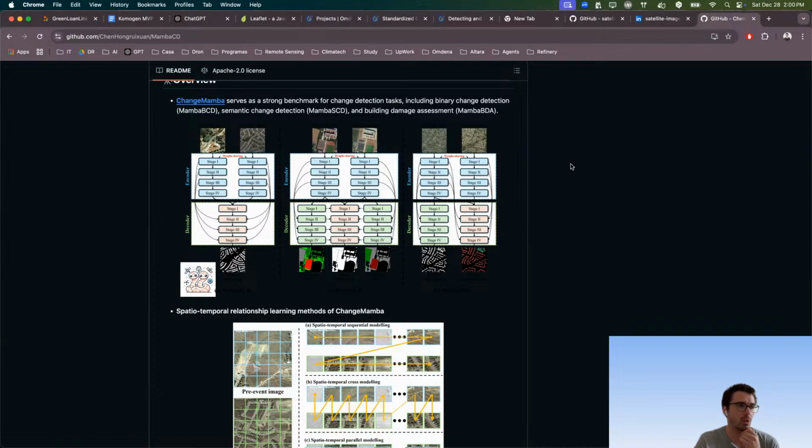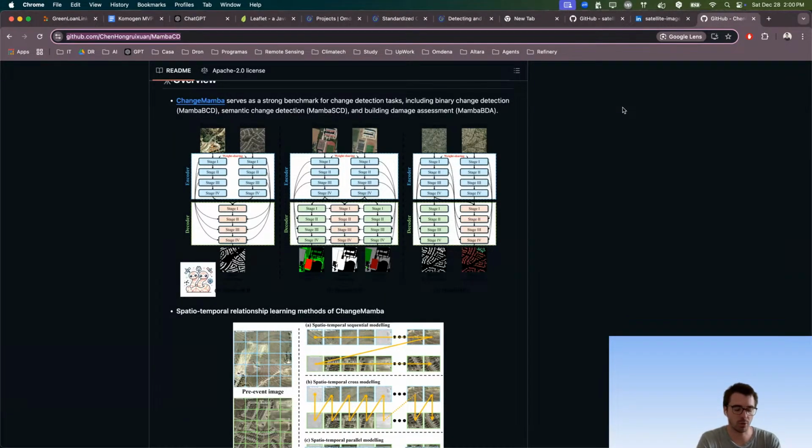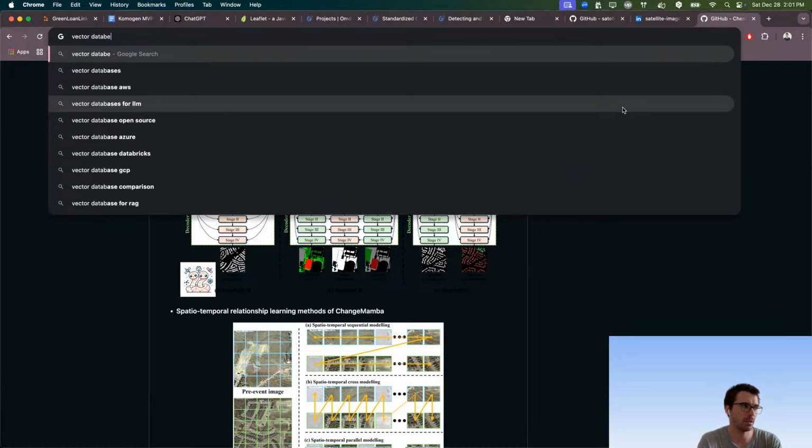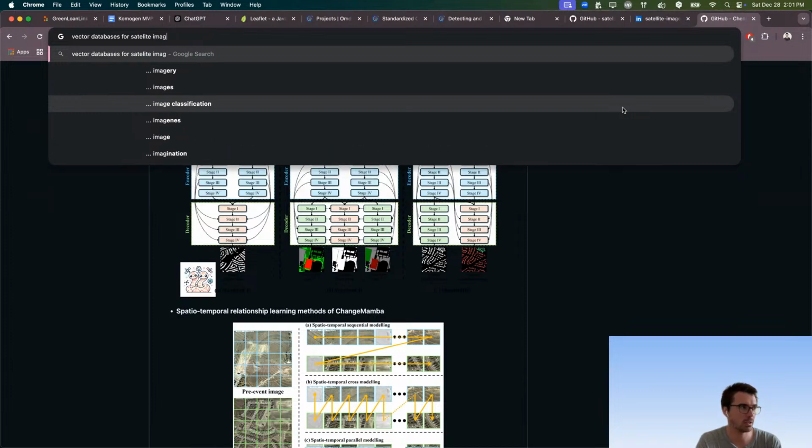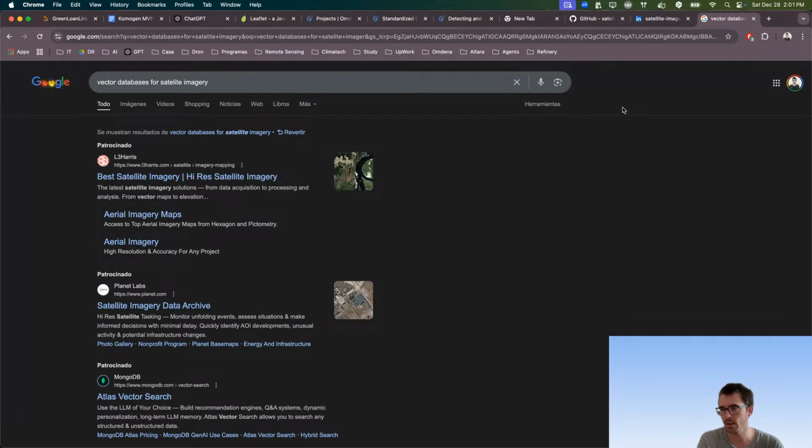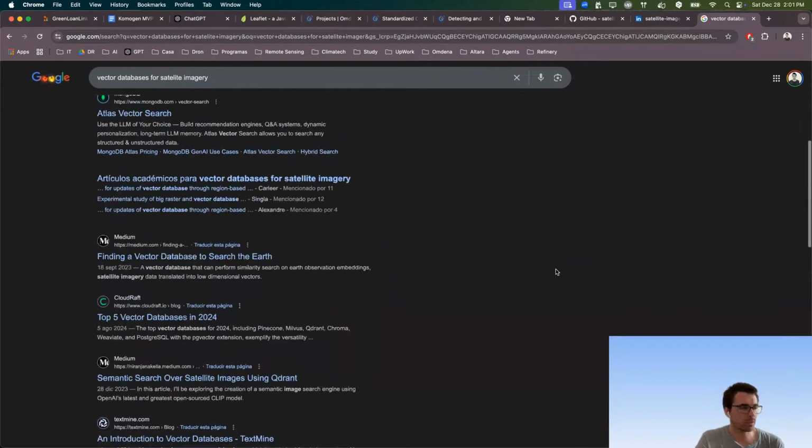And what I was learning a lot about is that for LLMs we have these new vector databases where you essentially save some information as numbers instead of words or paragraphs. And now I'm seeing vector databases for satellite imagery. This is a field that is really exciting for me, because if we can save satellite imagery as a vector database, that means we will improve the space needed for saving the information. And you don't need such big models to detect change, because with a vector database,